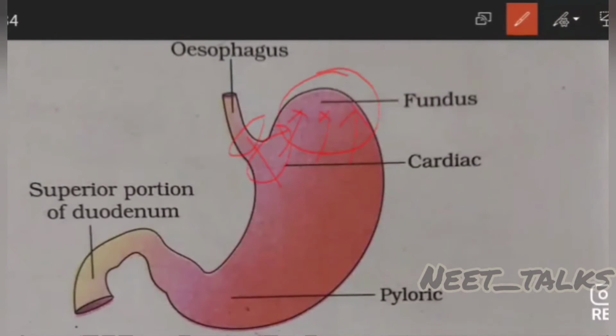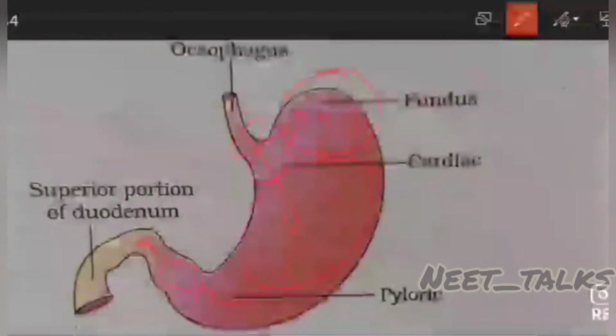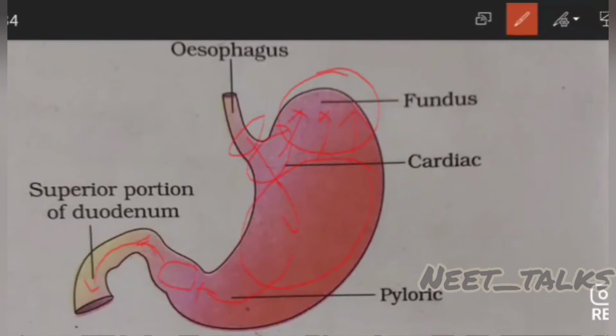Now the food from this cardiac part will enter the portion of the stomach that is the body of the stomach. Here the process of digestion will be continued, and now from this body of the stomach the food will go to the pyloric part. This pyloric part consists of one antrum and one pyloric canal, and from this pylorus the commencement of the duodenum will occur. It is regulated by another sphincter, that is the pyloric sphincter, that regulates the entry of the food to the duodenum from the stomach.